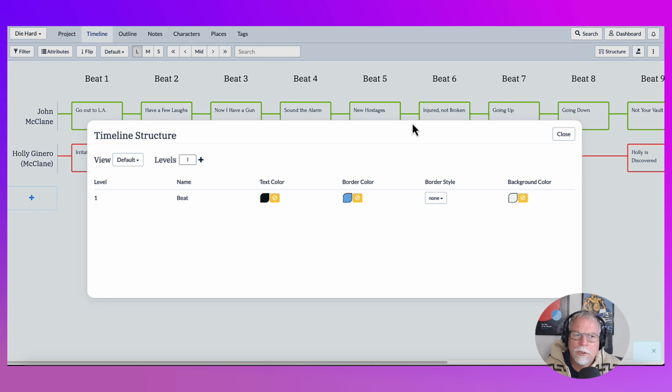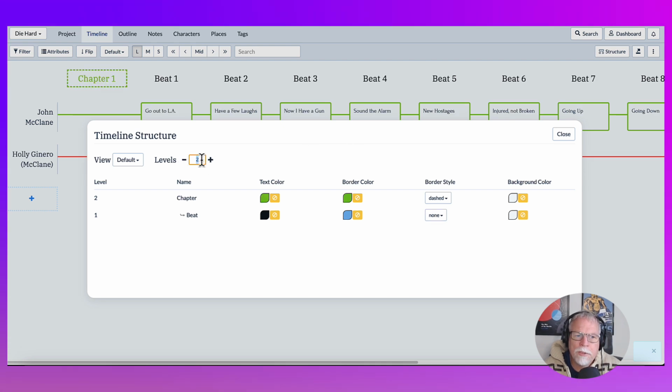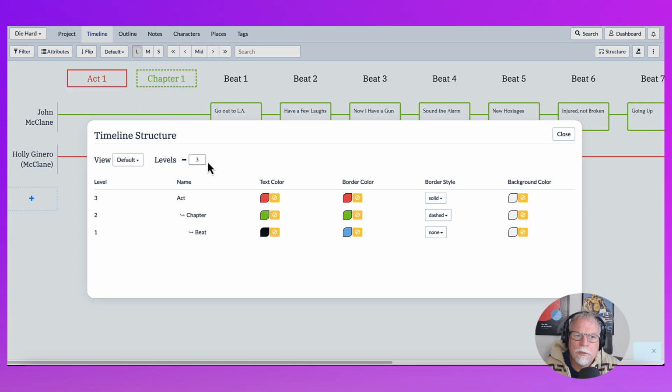We're not going to go in super deep into this other than to say that you can add chapters and acts to your story. So you can add up to 3 levels. You can call these things whatever you want. You can rearrange them. I'm not going to go into that here except to offer you one word of caution,